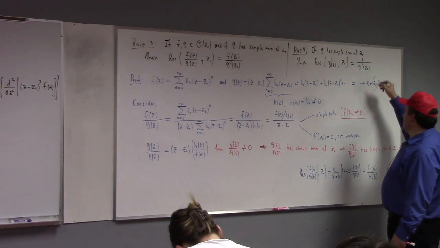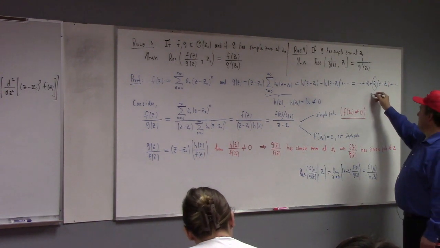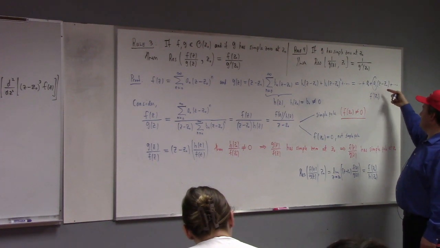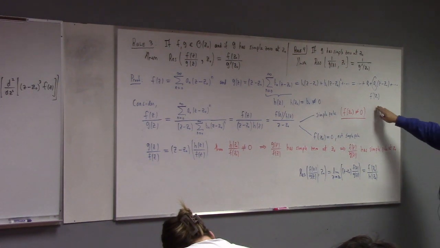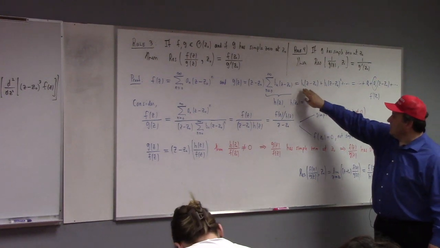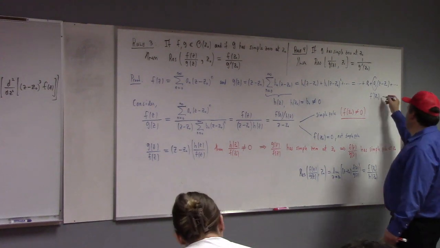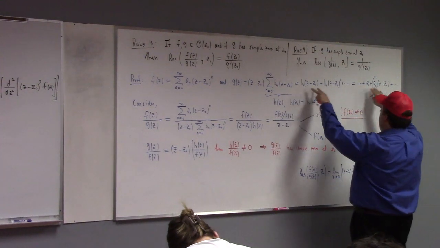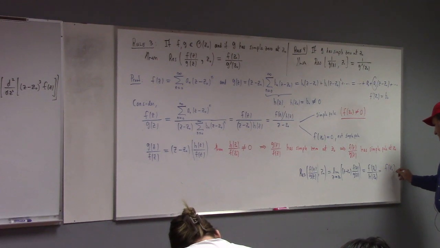What is the significance of this as it relates to differentiation of the original function? Taylor's theorem tells us that a1 is what? The nth derivative over n factorial. Easier than that, because it's the first one. It's just f prime of z naught, right? So f prime of z naught is equal to the b sub 0 here, right? So I can also say that this is equal to b sub 0. So then this is f of z naught over,